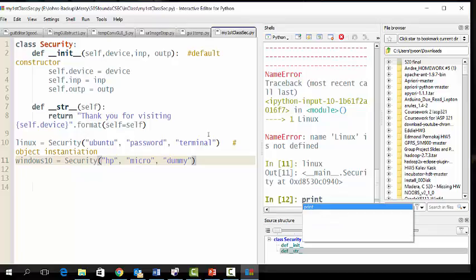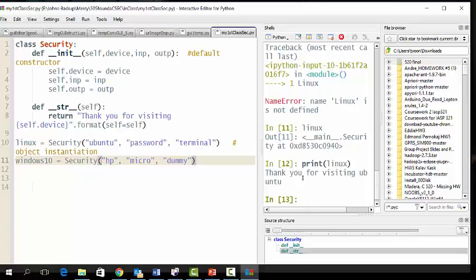But if you do print Linux, then it says, thank you for visiting Ubuntu. When I do Linux, then I may be able to see some ID of that object. It's called the object ID. But when I print that object itself,